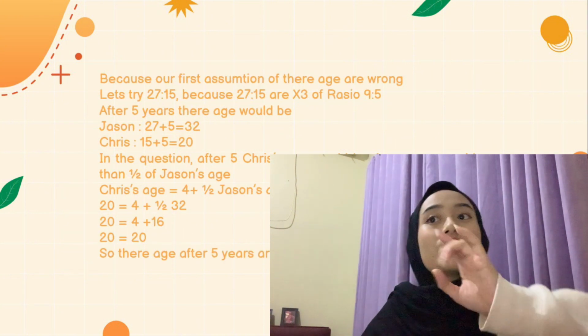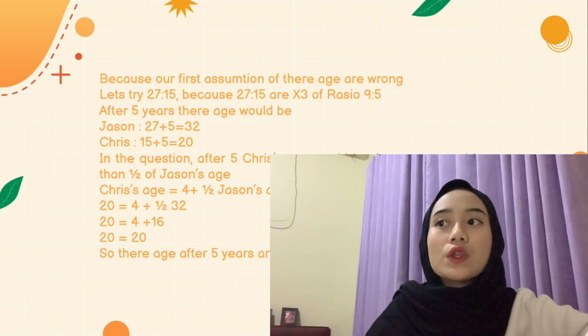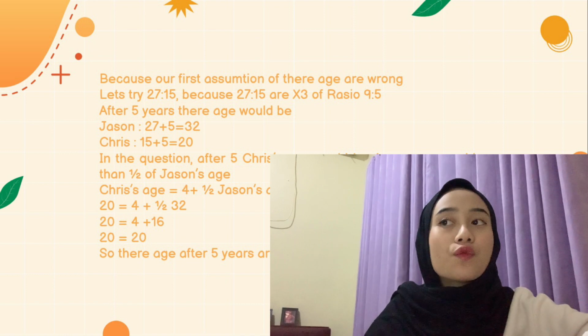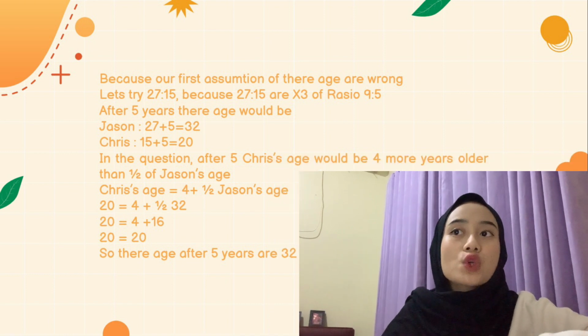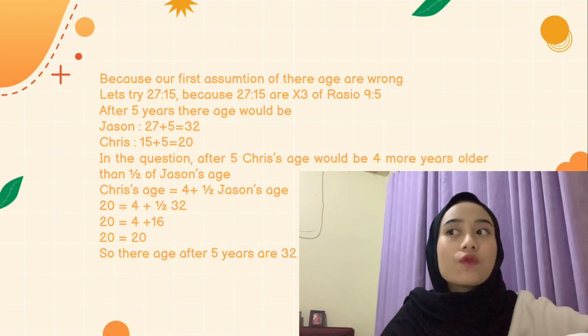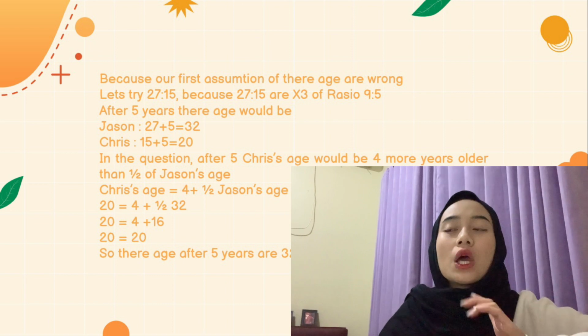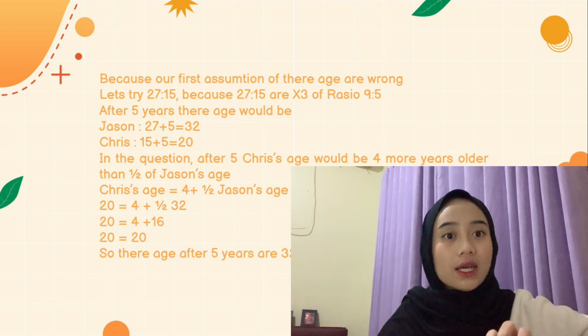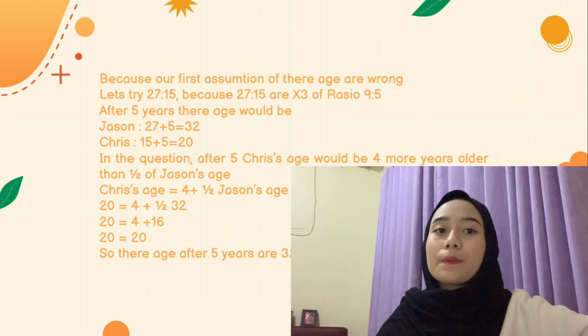Because our first information about their ages was wrong, let's try 27 and 15, because 27 and 15 are 3 times the ratio 9 to 5. After 5 years, their ages will be: Jason is 27 plus 5 is 32 and Chris is 15 plus 5